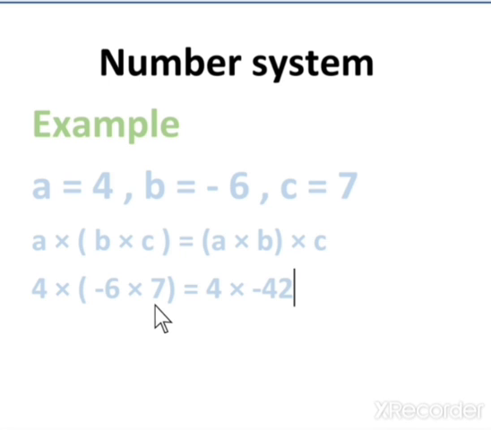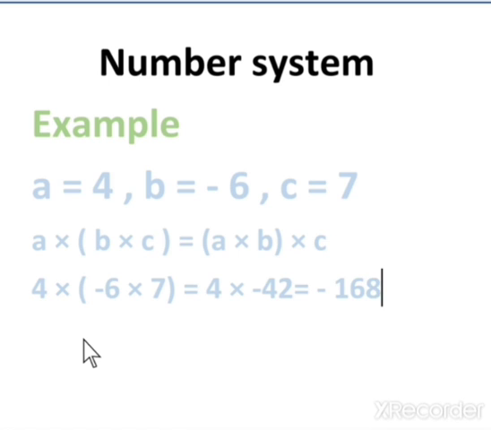And next we're going to multiply these two numbers. If we multiply these two numbers, the answer is 168, and multiplying the signs, plus into minus is minus, so the answer is minus 168.